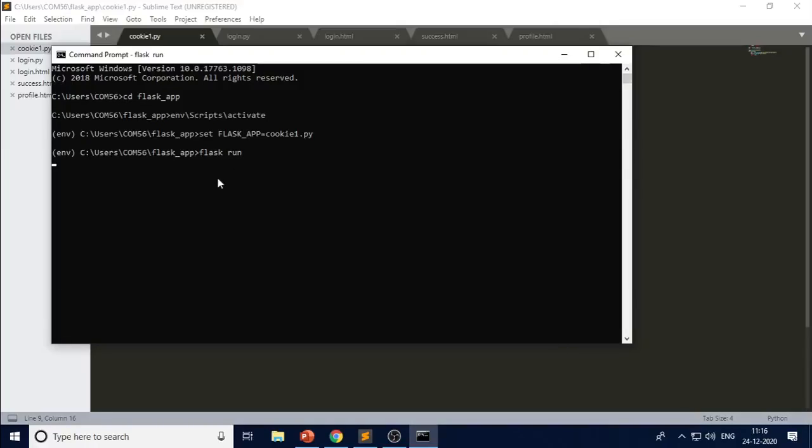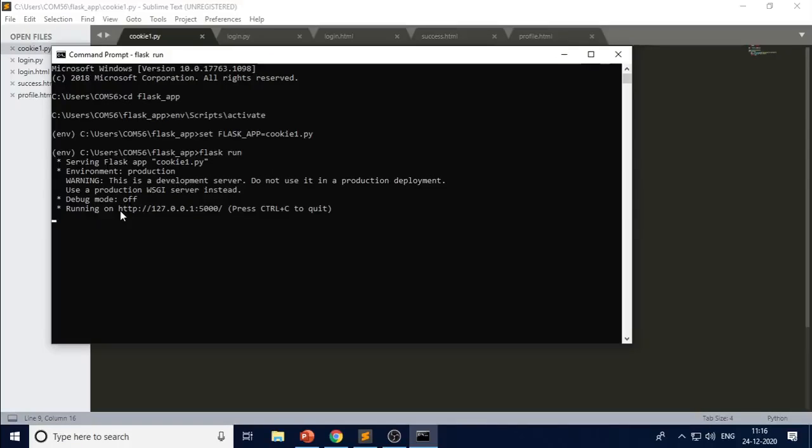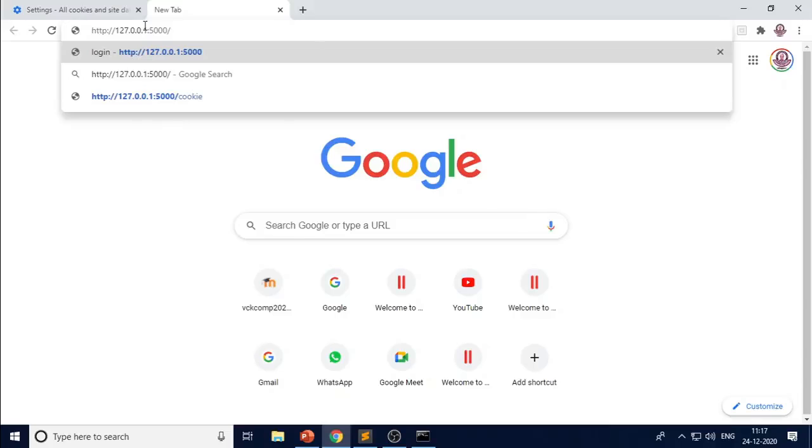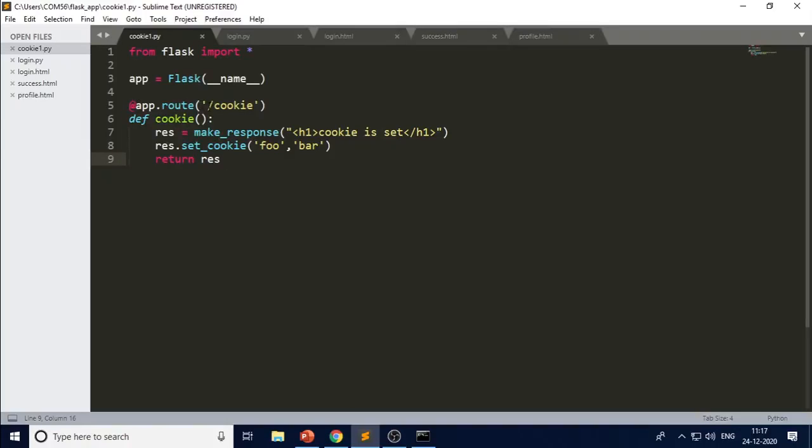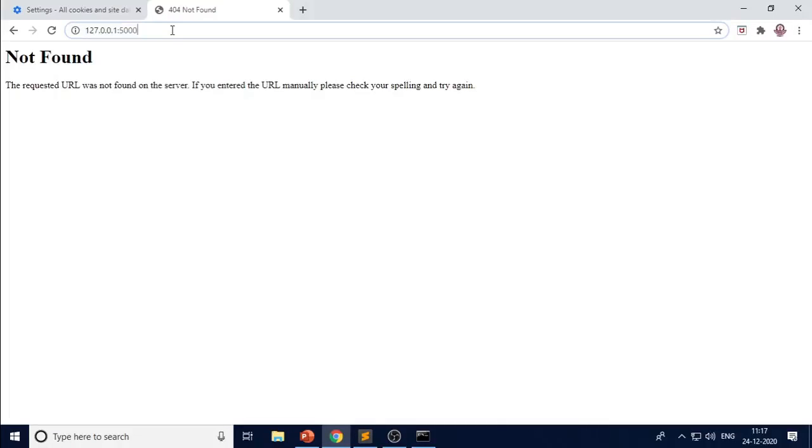When we run this script, you will get one URL. Copy this one and paste it into the browser. This is the home URL, and a home URL is not given in our script. So what is the name of the URL here? Slash cookie. So we should execute that one right here.